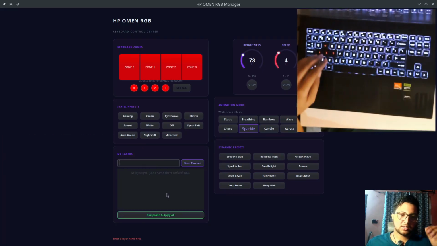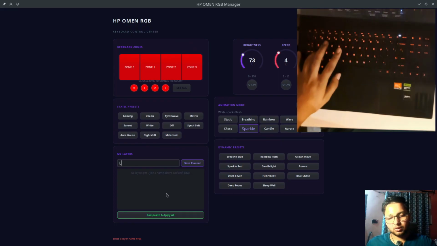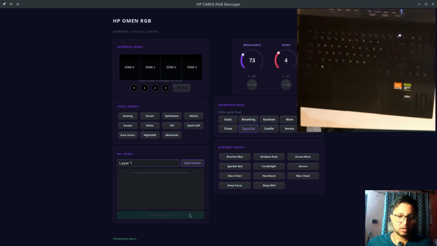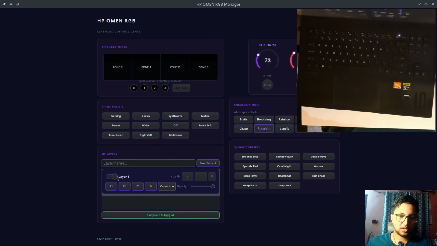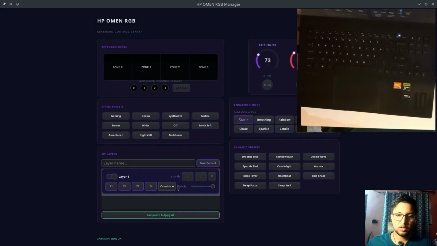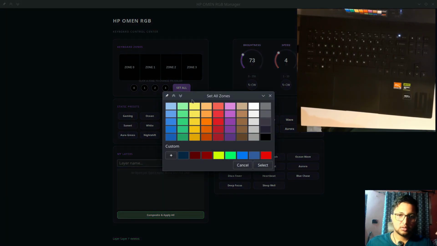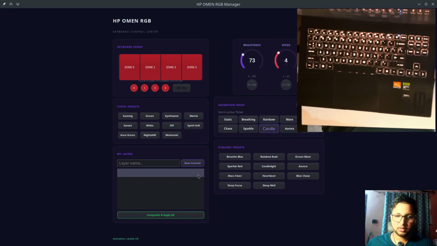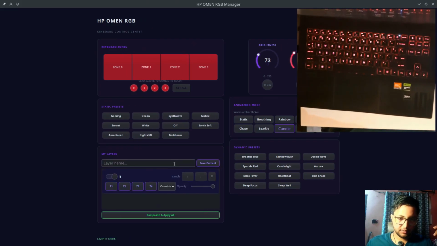Then we can also add some layers. I can add a layer over here, layer 1, and I can save this current layer. So as per this layer I'm blending it. I'll set all the colors, I'll set it to candle. Now I'll save the current layer. I'll just give it L1. I'll save it over here,